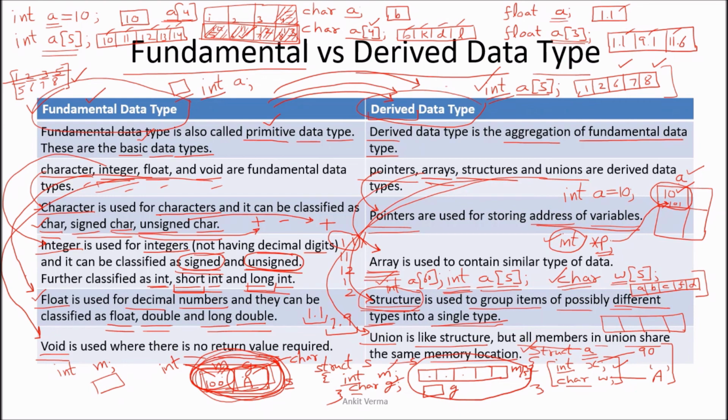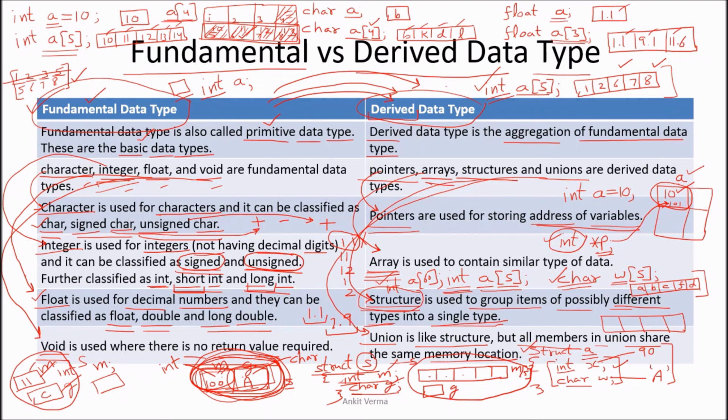If I compare your structure and union, in the structure, let us suppose struct S, int M. So there, a separate block for M is declared. Then I say char G, then a separate memory block for G is there. So G is this one, M is this one. It will store the integer value, it will store the character value. But they are having different memories and combined together into the structure S. So the complete name is S, but the memory is different.